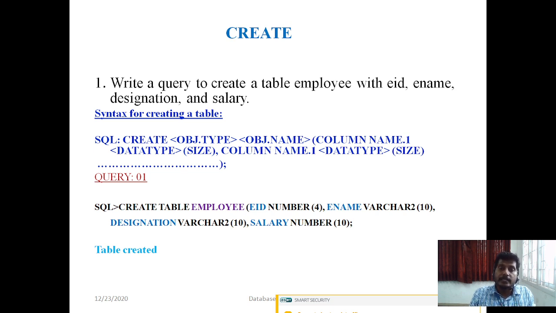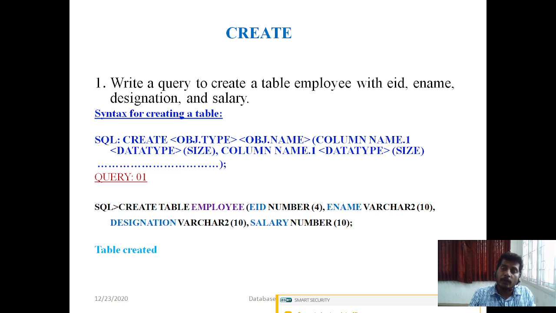These are the syntax for create. The first query: write a query to create a table employee with employee ID, employee name, designation, and salary. The table name, employee, is also called a relation.